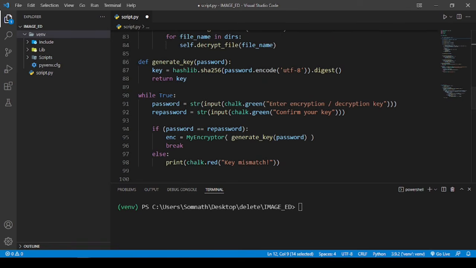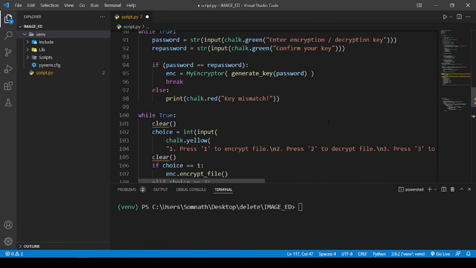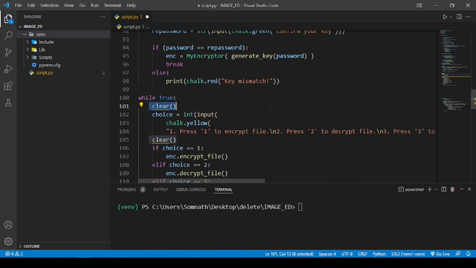So once this is done, what next? We'll be writing a few more methods to call those things. Let's say I just need a few more lines of code after this while loop is done, saying, hey, what are the different options and choices that I want to go with. Clear method is not yet done, so I'll create it soon. Let's create this clear method also, just a lambda function that I'll create now,